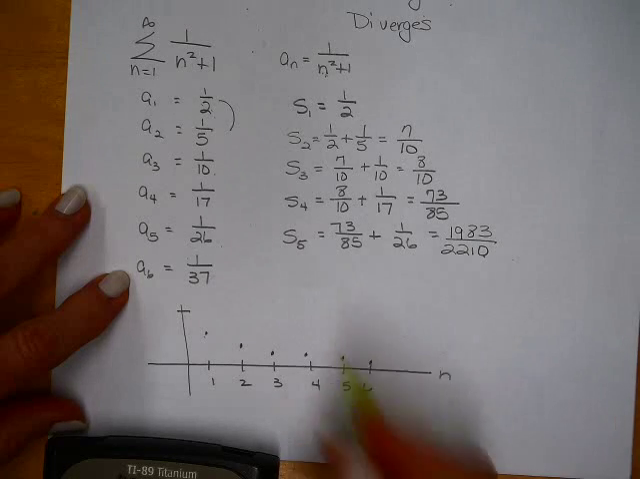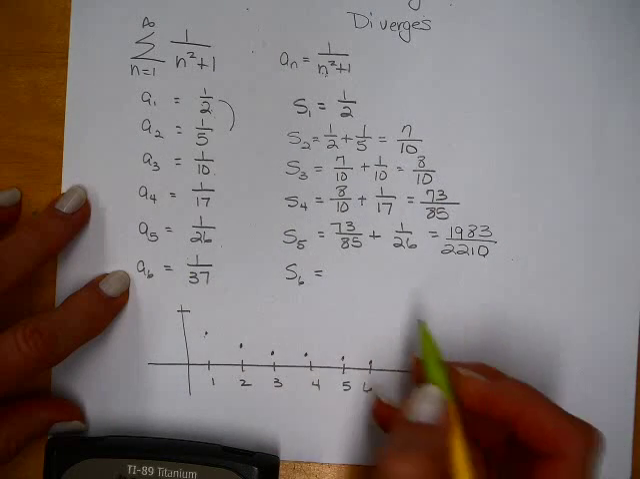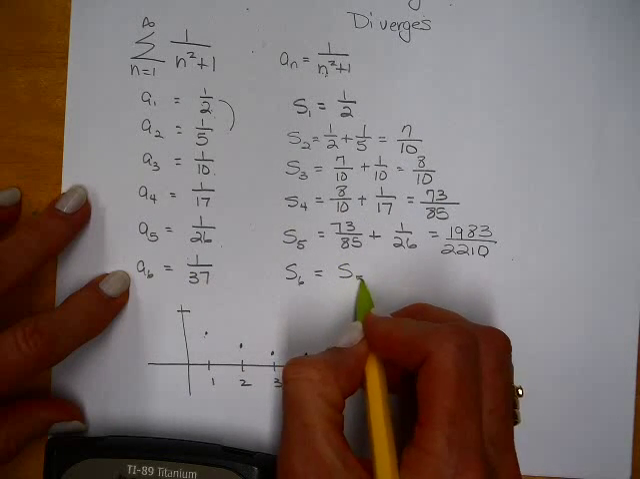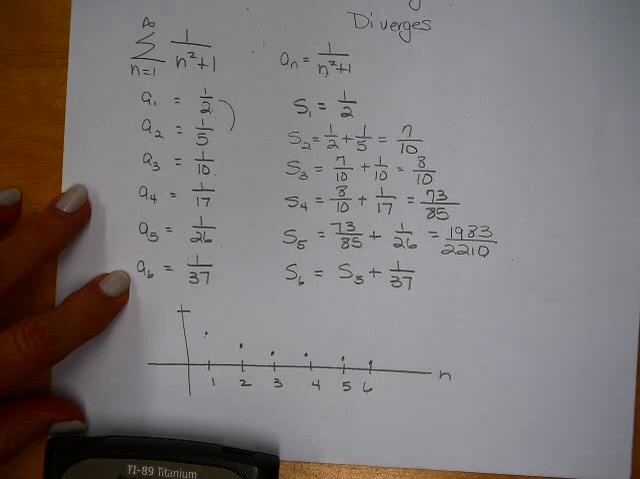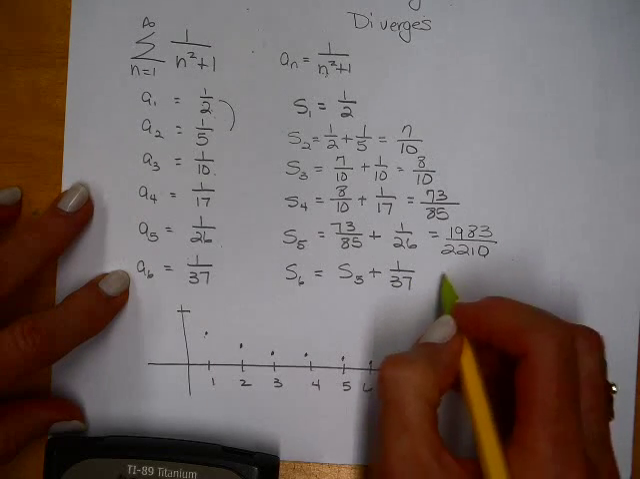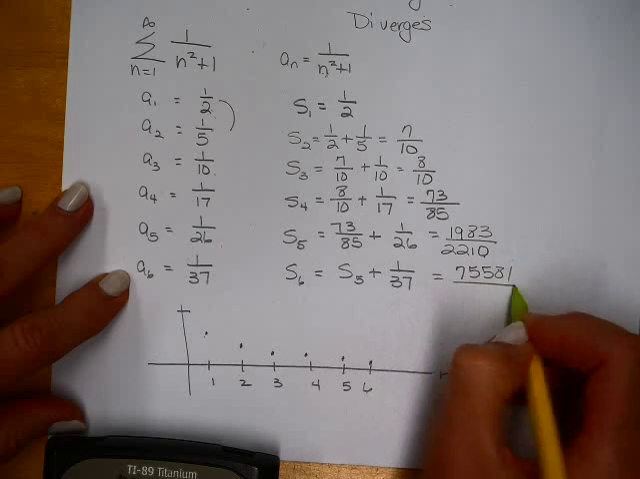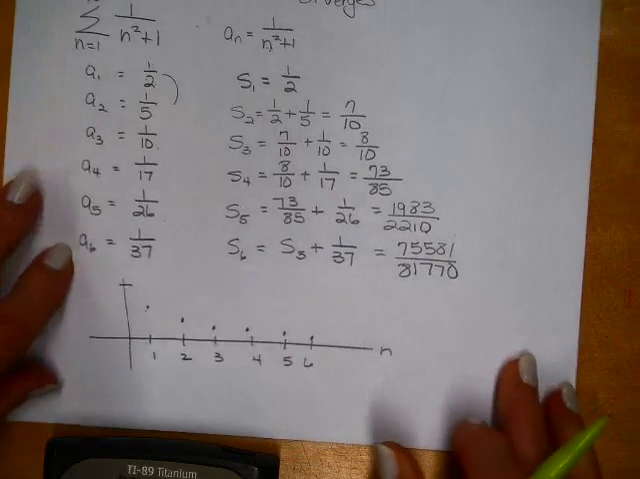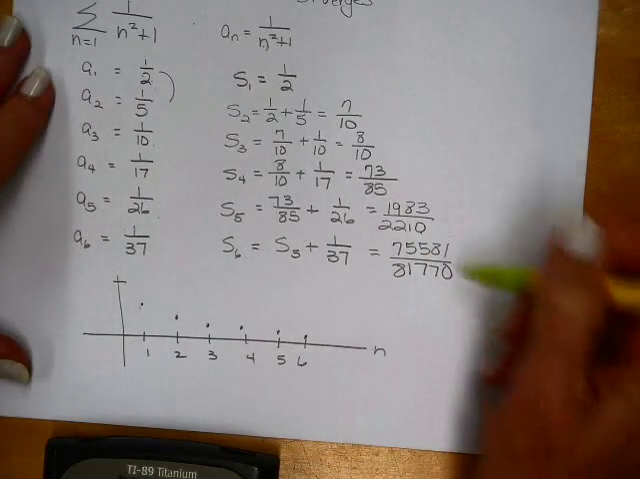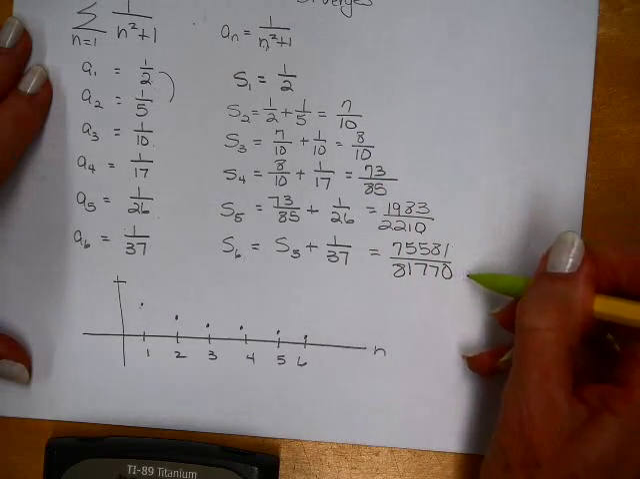The next term, S sub 6, is going to be this one plus the 1 over 37. So it's S sub 5 plus 1 over 37. Oh yeah, this is a large 75581 over 81770. And if I had to guess, if I change these to decimals, I am guessing that these look like